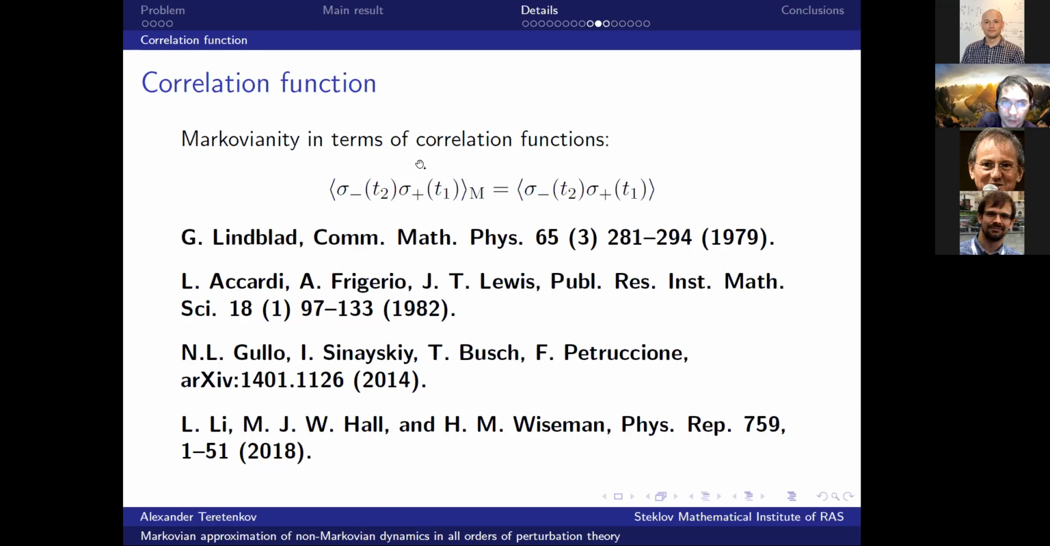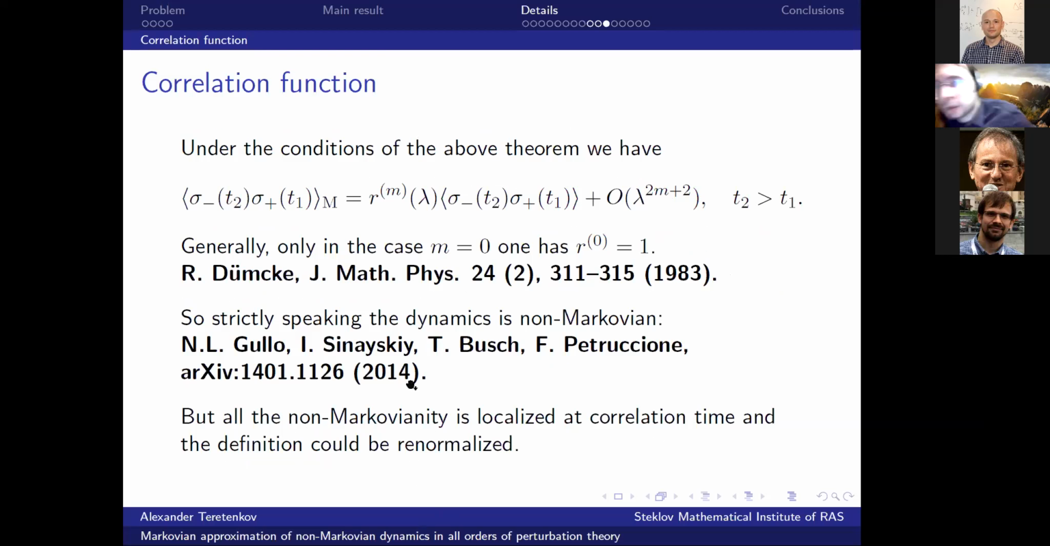And of course, it is possible to describe Markovianity in terms of correlation functions. Actually, this discussion of Markovianity in terms of higher order correlation functions goes back to old papers by Lindblad, and Frigerio, Lewis. Actually, I understood this problem from your preprint, and I understand how it is related to other points of view on non-Markovianity from this review. Well, and it is possible to formulate the following answer, that under the conditions of the above statement,